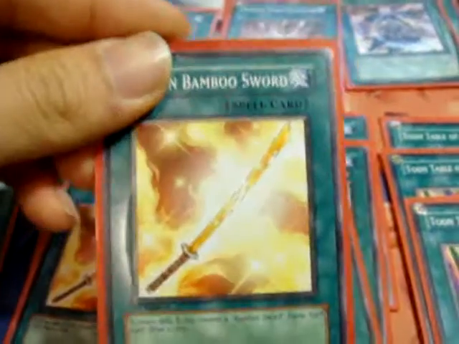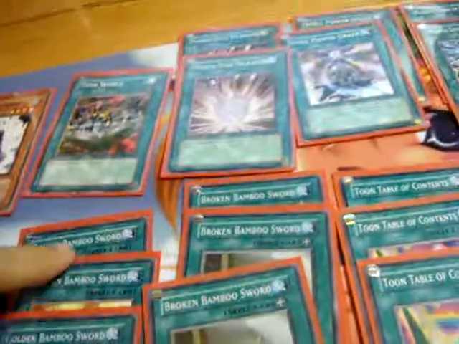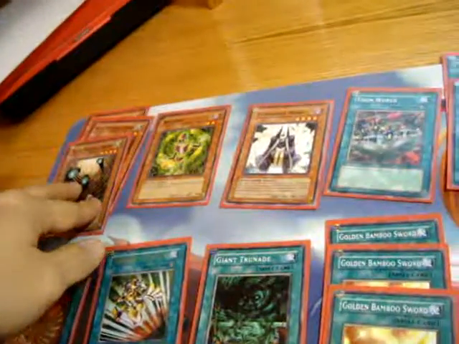Once you have this card equipped, you can use this card, which allows you to draw 2 cards. It's an instant Pot of Greed. Now, pulling it off is very simple. I've done it a lot of times. It works. So yeah, I equip it to my Kuribans or Royal Magical Library or Summoner Monk, and bam,